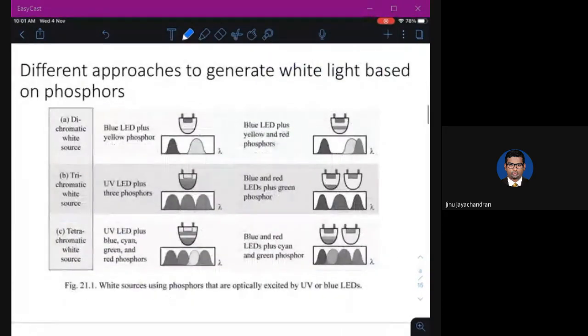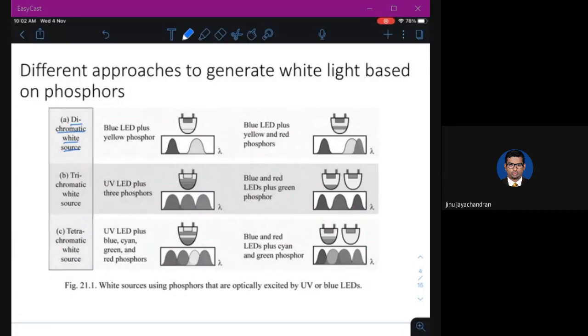So if you look at the different approaches to generate white light based on phosphors, you see this diagram. A similar diagram we have already seen in the previous lecture. This is a bit different one, not exactly the same. So you can have a dichromatic white source, which means you can have two different wavelengths generated.